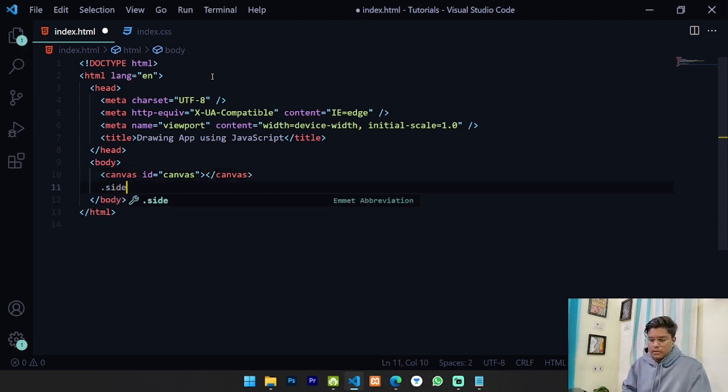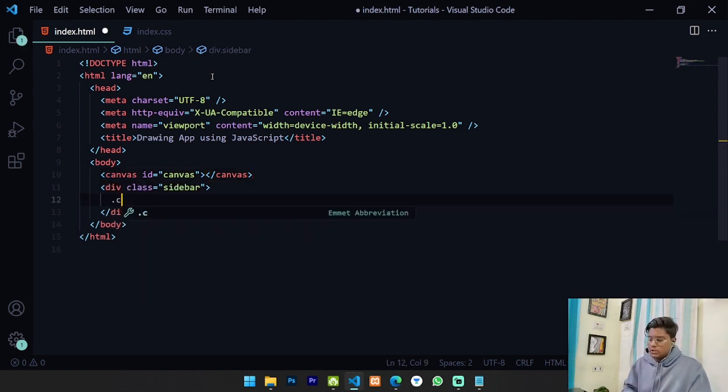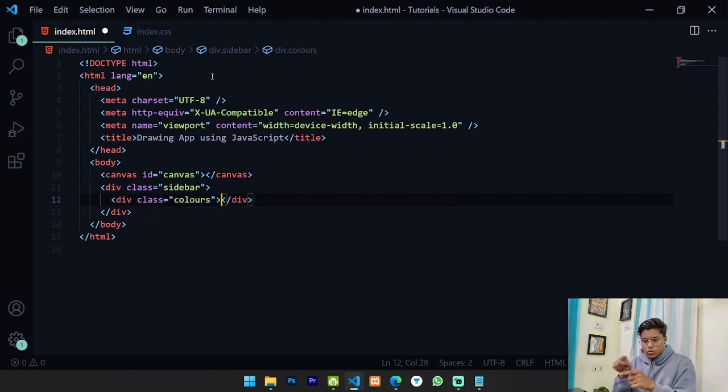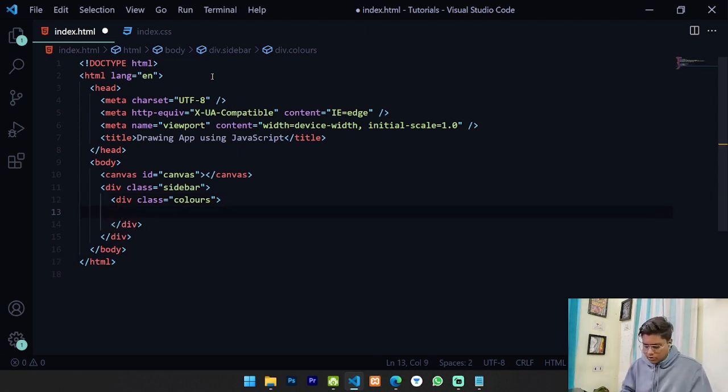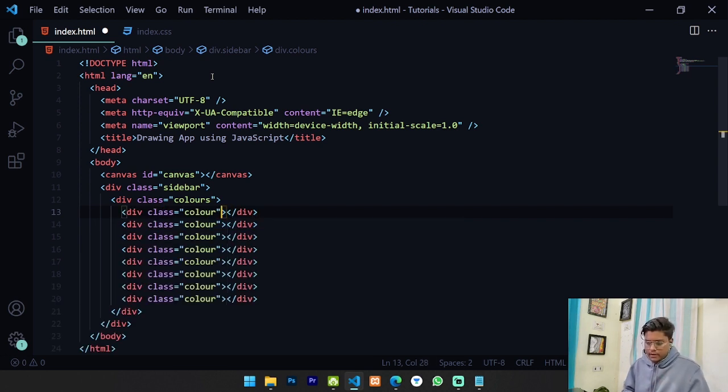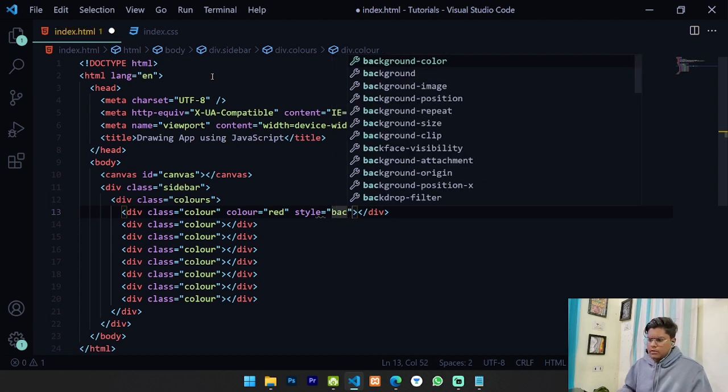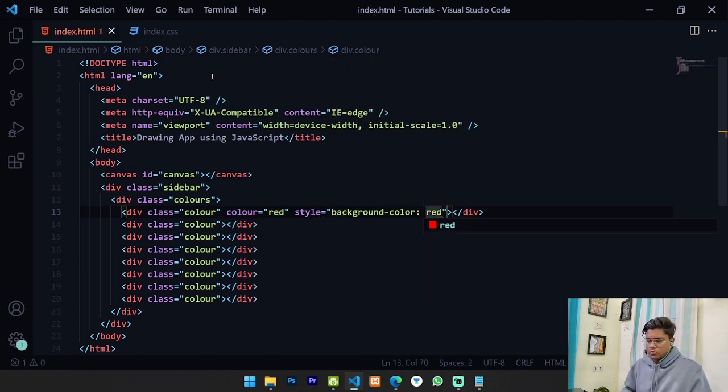Then we'll have a sidebar, and the sidebar will contain two different things. The first one will be our colors. You might get confused with the spelling, but here in India we spell colors as COLOURS. We follow the UK English. You can go with anything you want. Then we'll have different colors over here. So color, let's say into 8. So we'll have divs with 8 different colors, and let's say we want this to be red. Okay, and we'll give it a style of background color red. So like this, we'll create our 8 different